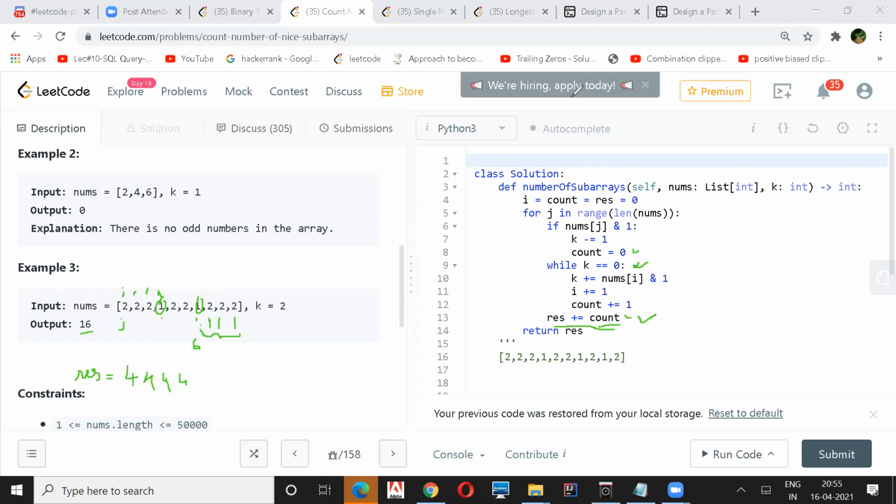Now if you have these odd values, and you are able to find the k distance between them, then you can always take the left subarray and the right subarray of them, and count how many values are there on each side.